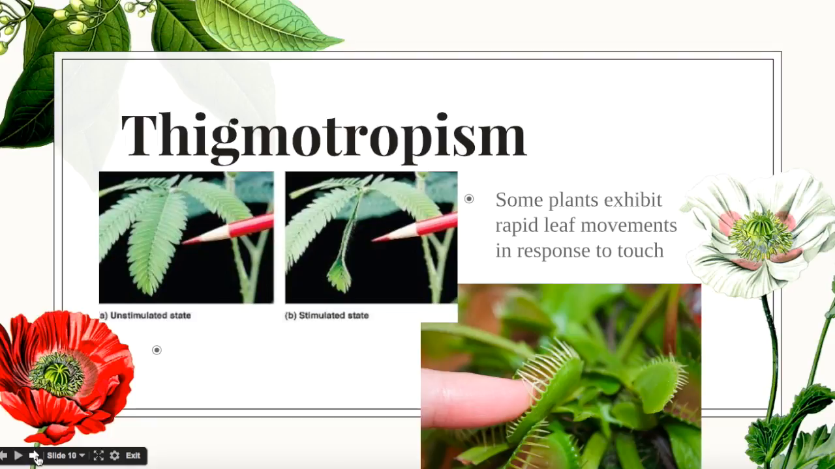Some plants exhibit rapid leaf movements in response to mechanical stimulation. When this occurs, potassium ions are lost and therefore water leaves the cell by osmosis because the cell would have a higher water potential than its surrounding. This could be a possible evolutionary advantage for the plant because it would not look as leafy or appetizing for